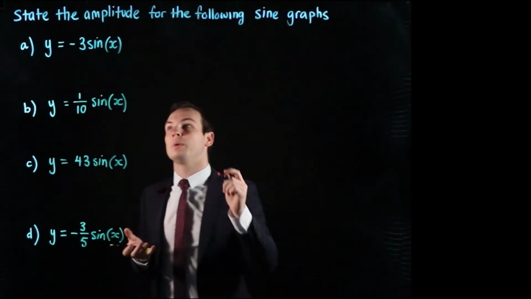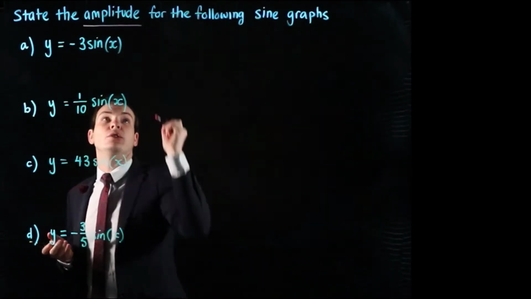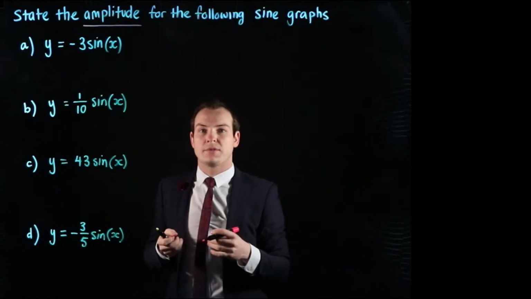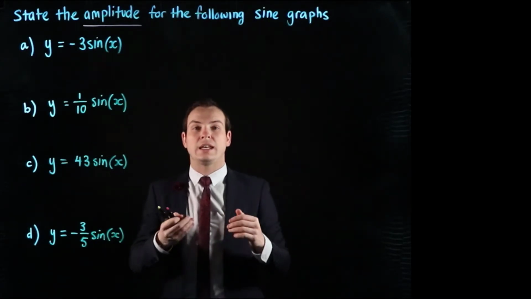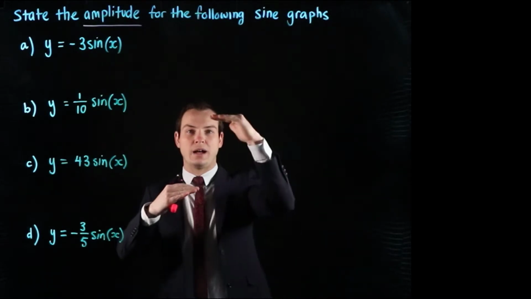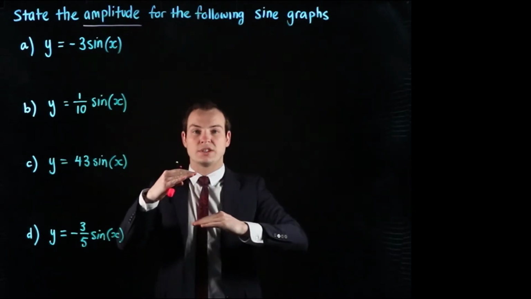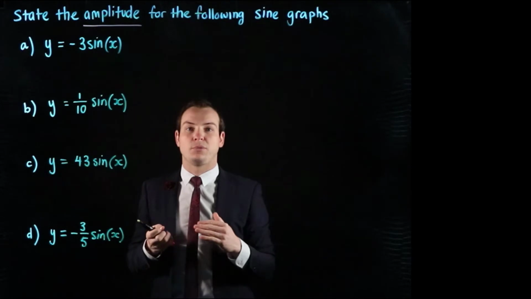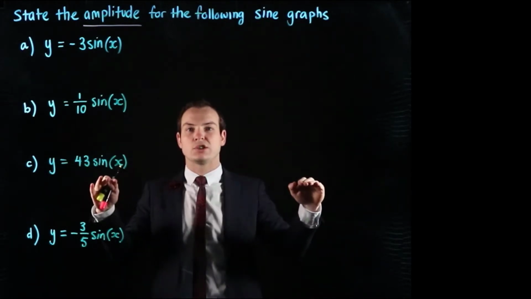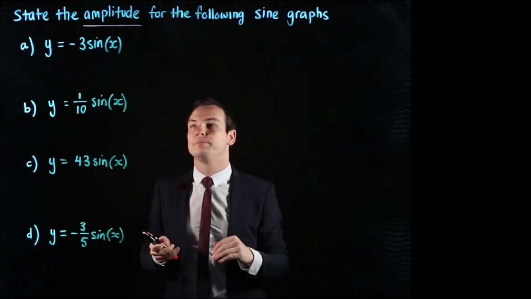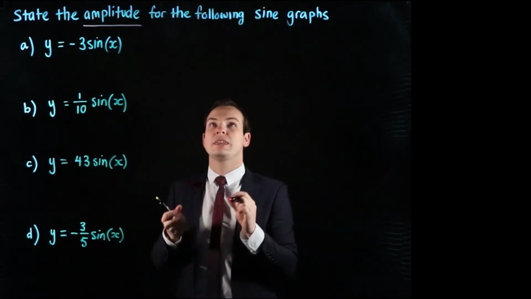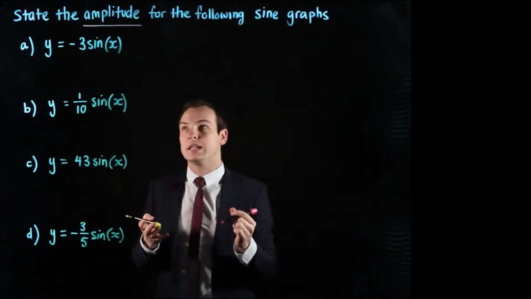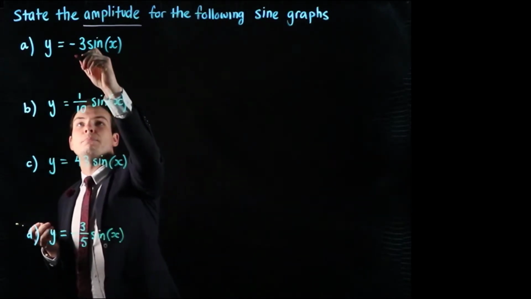In this video, what we'd like to do is state the amplitude for each of the following sine graphs. So the amplitude is a particular feature of a sine graph, and it is essentially how far above and how far below the sine curve or sine graph would reach from a center position or a middle y value. So luckily, when we're given the rule, we can determine the amplitude relatively easily by looking at the number that